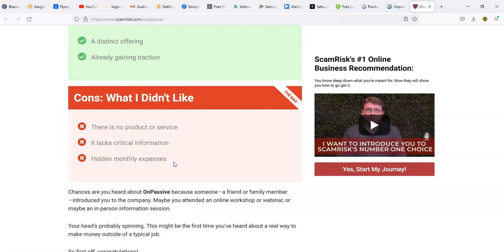Even though we have a date for us, I don't want to say we're going to launch. Let me just say this: I don't want to tell you that I'm going to launch tomorrow and the price is going to be $100 a month, and then I don't launch tomorrow and it's going to be $150 a month. I want to make sure all of my ducks are in a row before I launch the company. I want to make sure that everything is at a price point where everyone can do what they need to do. I want to make sure that everything is the way I want it to be before I launch my company. So he's saying that the hidden monthly expenses.